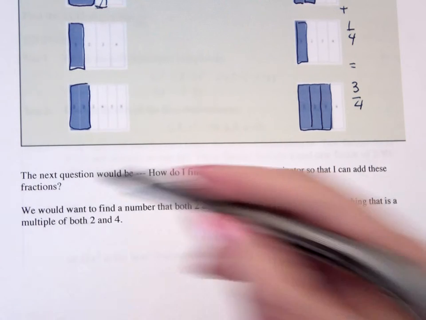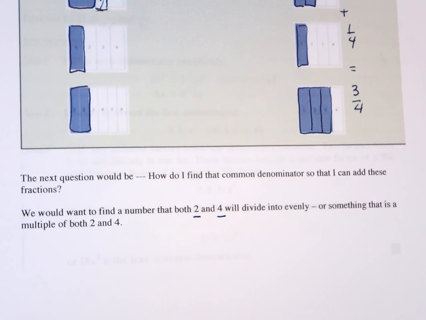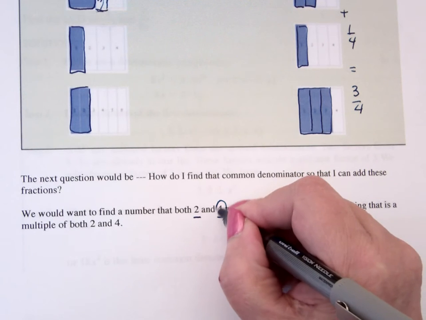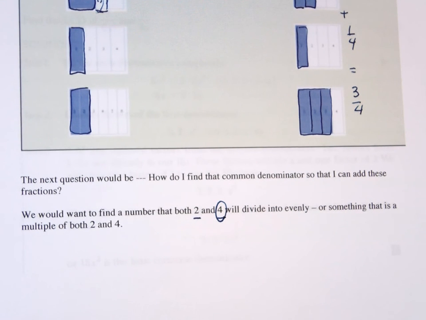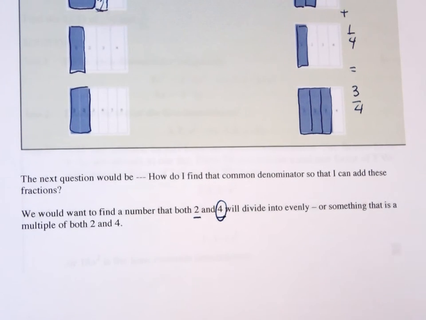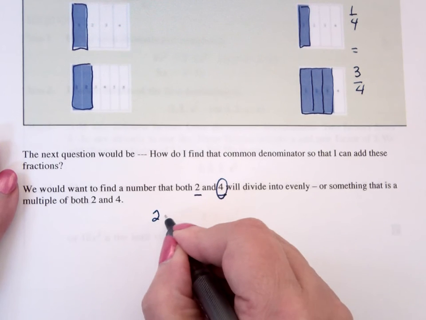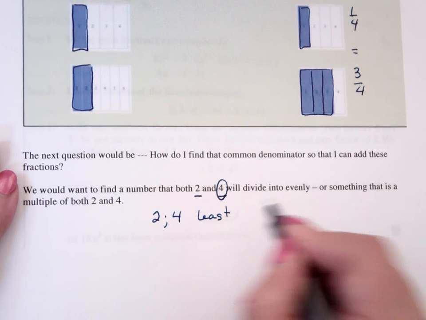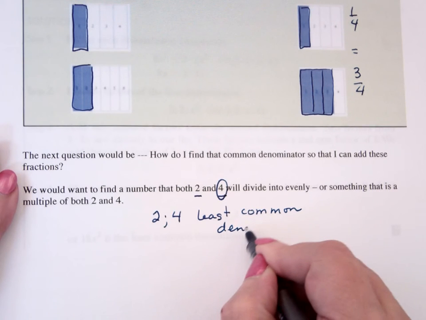Okay. But we would find that if I found a number that both 2 and 4 divide evenly, it would be 4. So that's why 4 became the denominator. 8 would be, in arithmetic, an okay denominator. But in algebra, the smallest one would be 4. So if I were looking for something between 2 and 4, something that we call the least, the smallest common denominator,